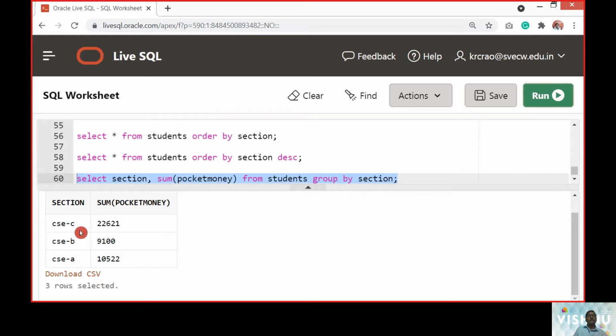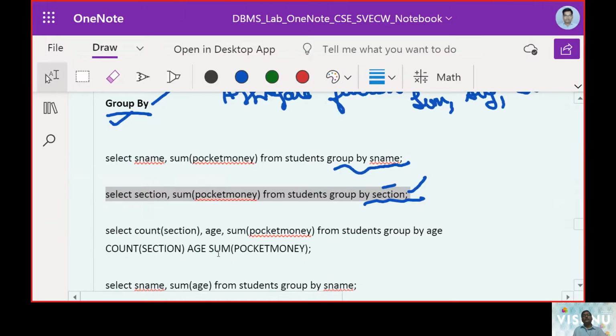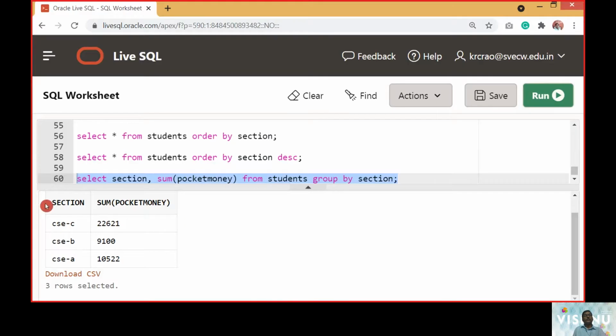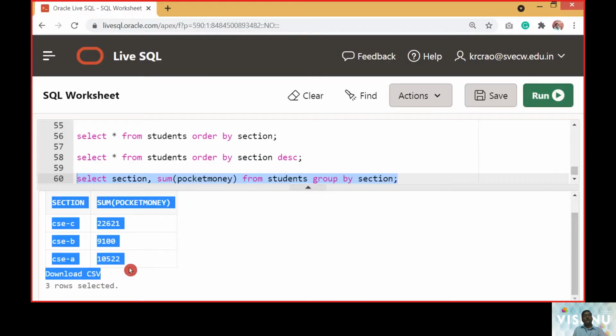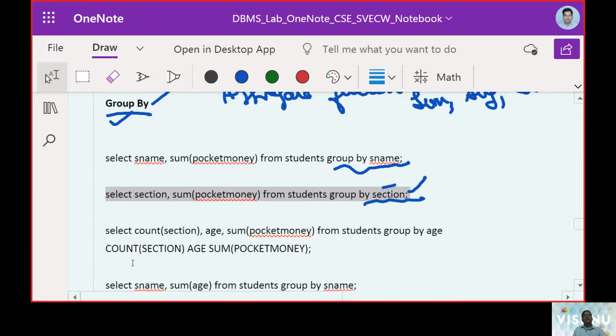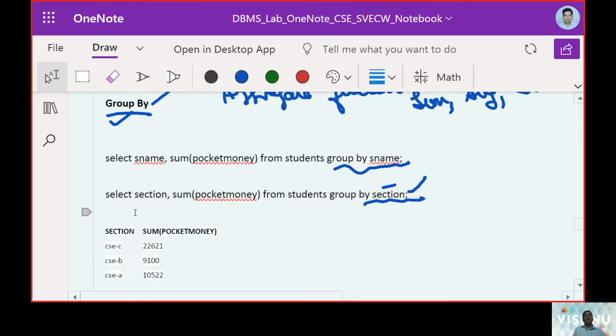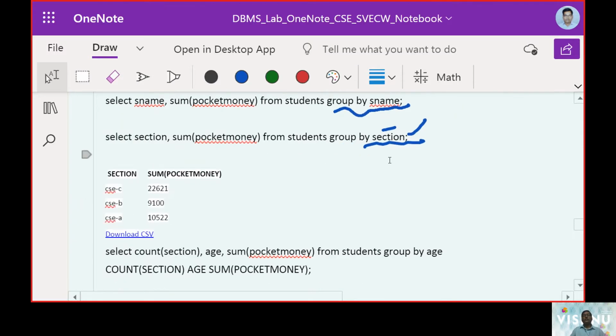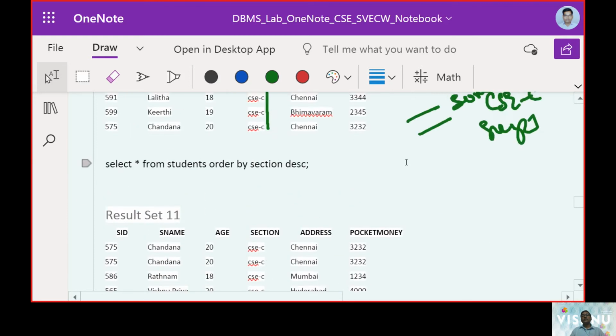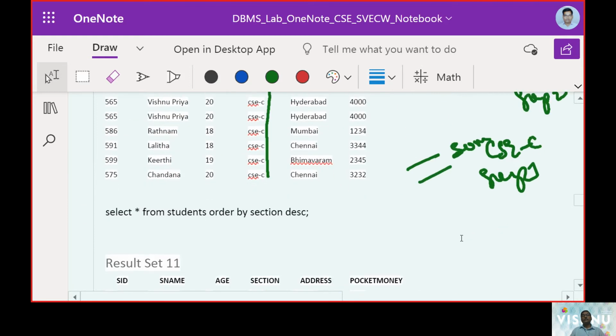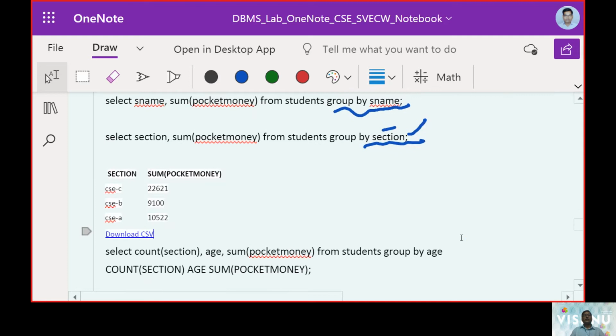C section with 22,621, B section with 9,100, A section with 10,522. So we are working with the table values here, and then we put up these sections, that is where the group by is going to occur.